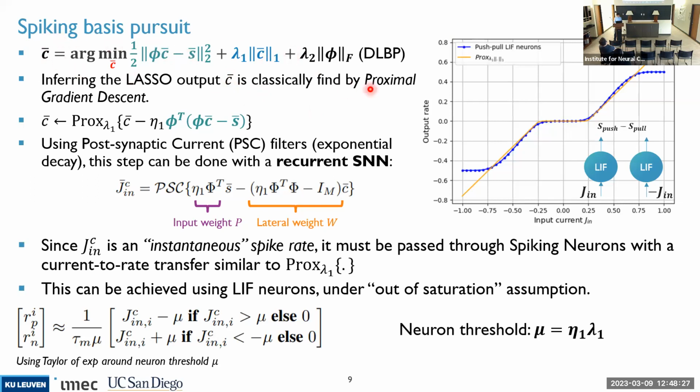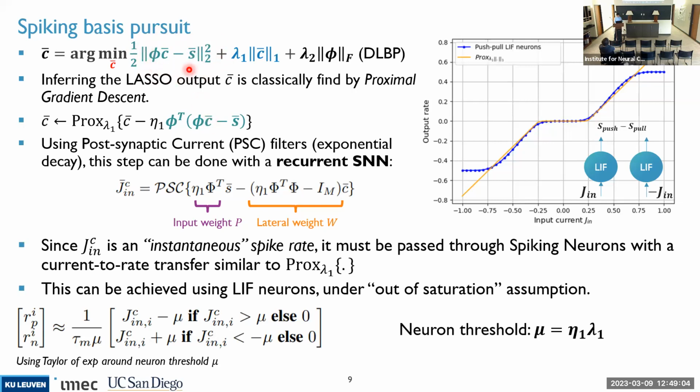Well, when you pose this problem here, so the minimization only over C, the problem becomes really a lasso problem, since we have this L1 minimization and this doesn't play a role. Well, we know that to solve a lasso problem, it is typically done using proximal gradient descent. So, how does that work? Well, in proximal gradient descent, what you will do is that you will consider only the main loss function here, this main loss term, the reconstruction error, and you will perform a stochastic gradient descent step for this reconstruction error.